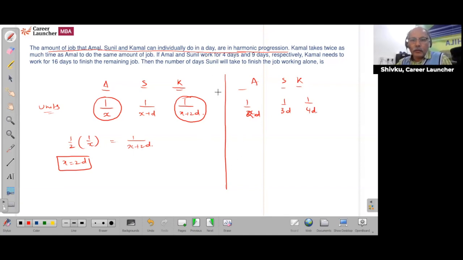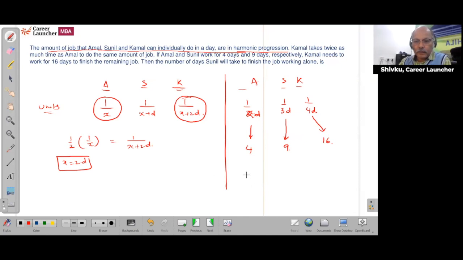Amal worked for 4 days. Sunil worked for 9 days. Kamal needs to work for 16 days to finish the remaining job. Then the number of days Sunil will take to finish the job all alone. So